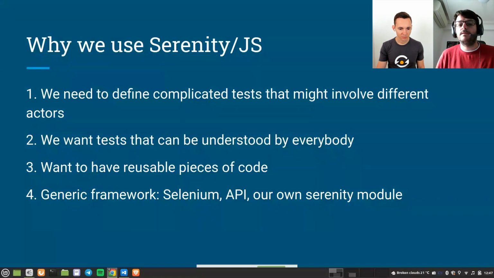So you don't have a technology for testing the front end and another one for the back end. We just use the same approach for all the cases, and I think that helps you a lot.